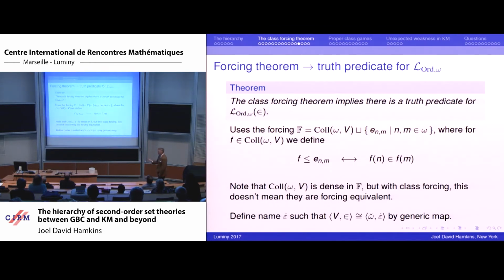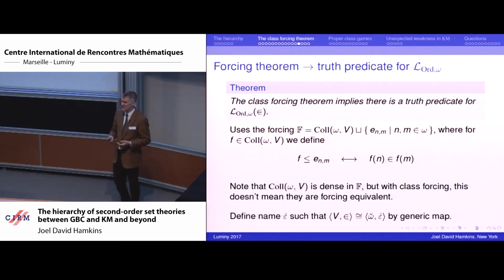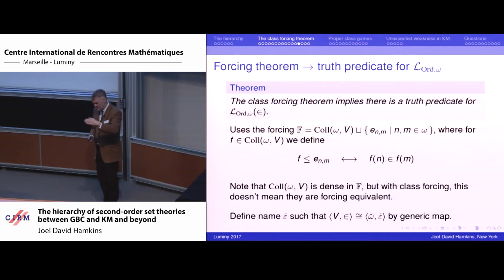Now, the next translation step is that if you have forcing relations for atomic formulas for all class forcing, then there's a truth predicate on this infinitary language. And this step uses this special forcing F, which is the collapse of the universe to omega. Of course, this is not going to preserve ZFC or anything. It's collapsing V. It's sort of worse than the Levy collapse. Not only are we collapsing every cardinal, we're collapsing the entire universe to omega. So we're adding a bijection from omega to V, and then we add in these extra conditions here, which are supremums of certain